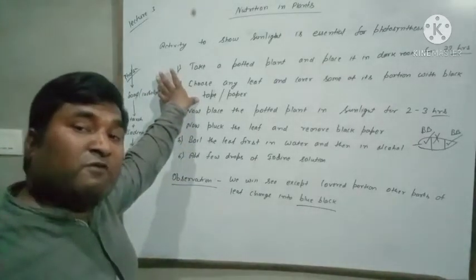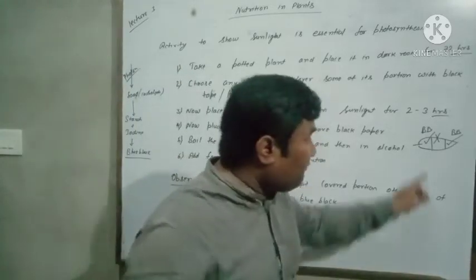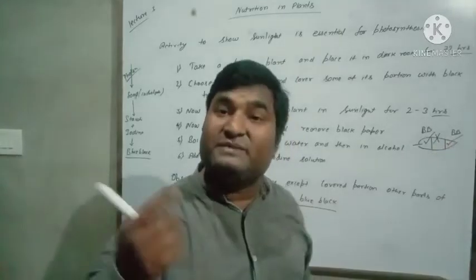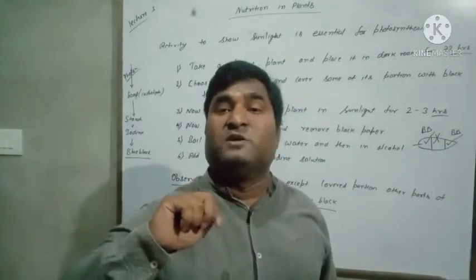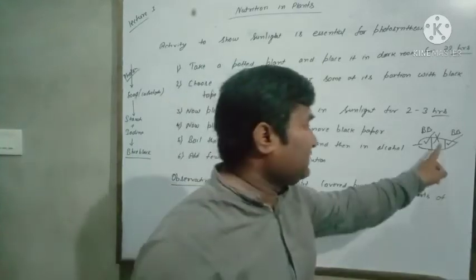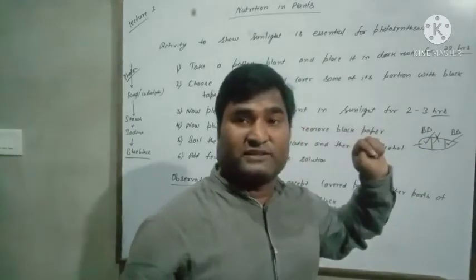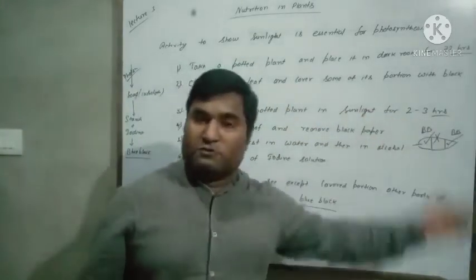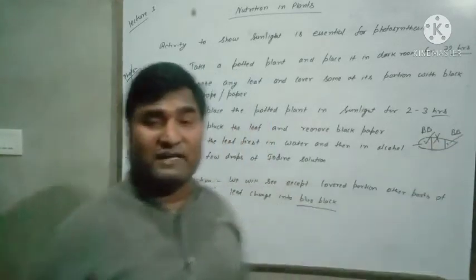In sunlight, photosynthesis has taken place, but only for these two portions, because these two portions received sunlight. This portion does not receive sunlight, so there will be no photosynthesis here. So here starch is produced, here starch is produced. Okay. Now means after 2 to 3 hours, here starch is produced, here starch is produced, here starch is not